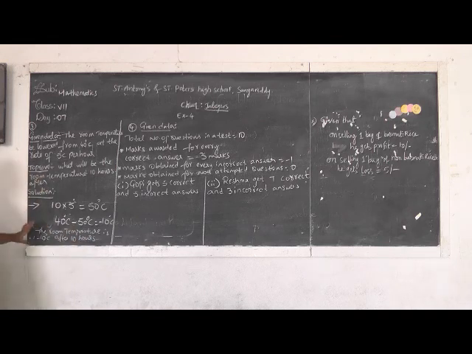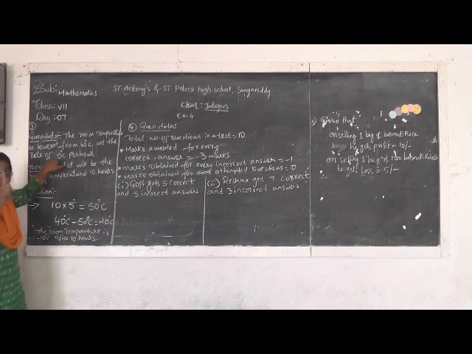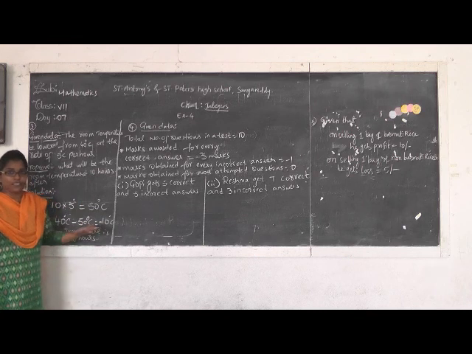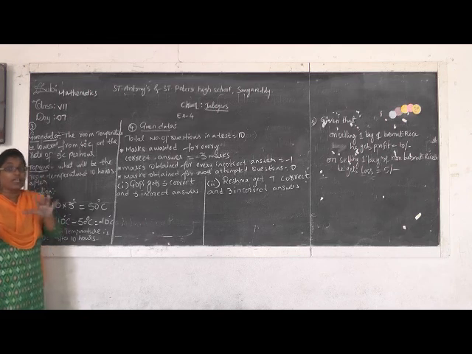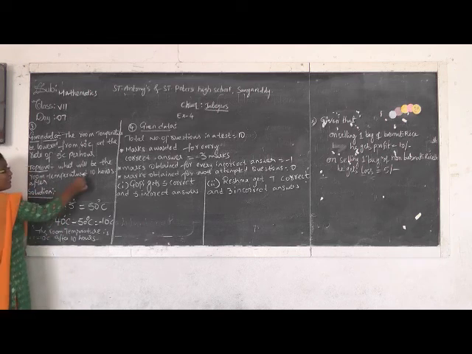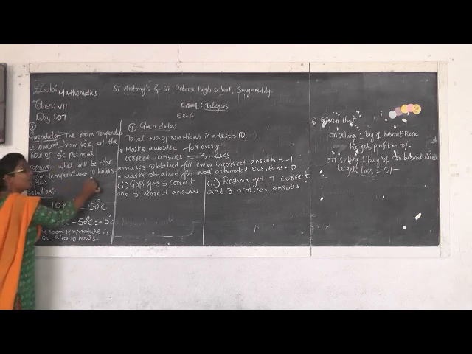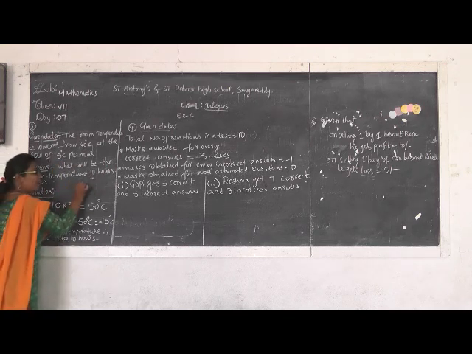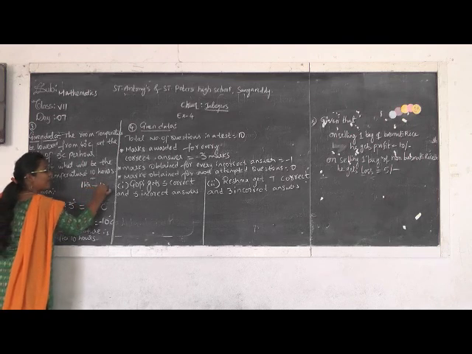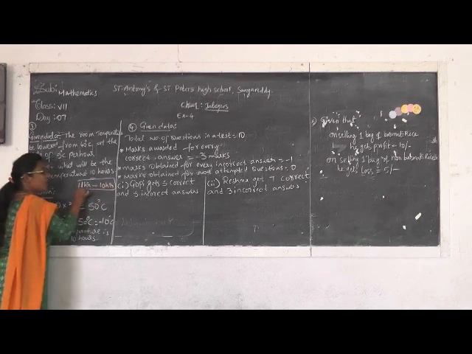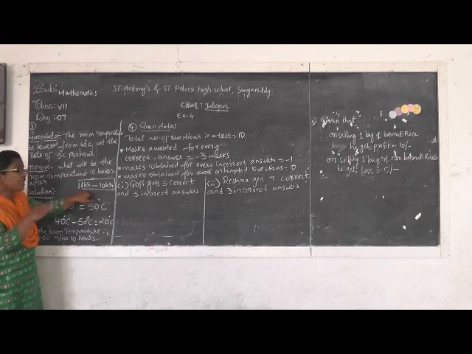So once again I will explain it. The room temperature is lowered from 40 degrees Celsius, reducing 5 degrees Celsius every hour. We have to find what the temperature will be after 10 hours. Per every hour it was reducing 5 degrees, right? They gave the value for 1 hour and we have to find the value for 10 hours. So by assuming this we can understand that we have to do multiplication, right? The value for 1 hour is given.